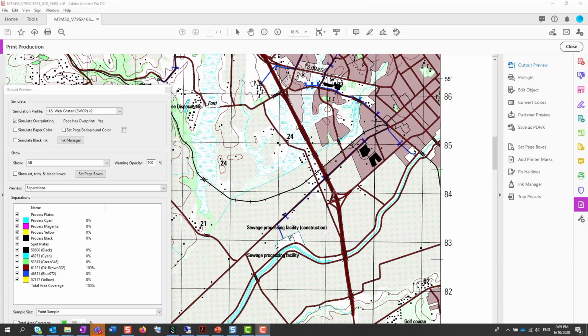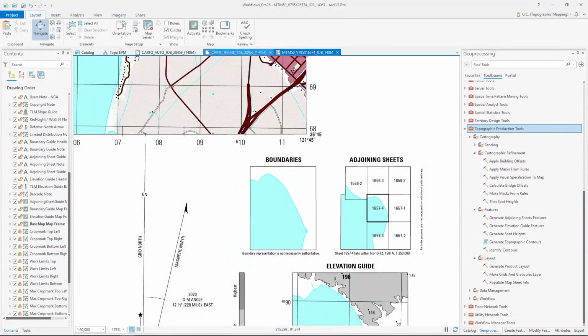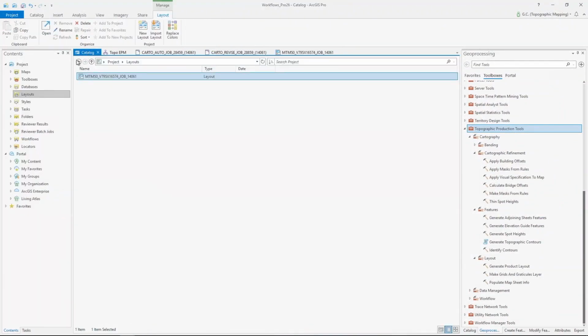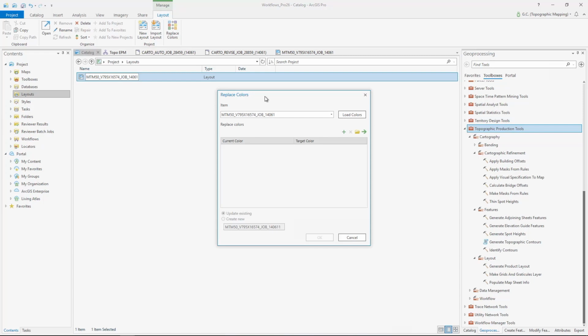Now, there is a solution for customers that do have custom color mapping requirements, and that's within Pro here. So let's jump back to Pro. I find my layout, and once I highlight it, I see the Replace Colors tool. This is the one that John mentioned in his introduction. So I can click Load Colors, and it's going to load all the colors in the layout into the Replace